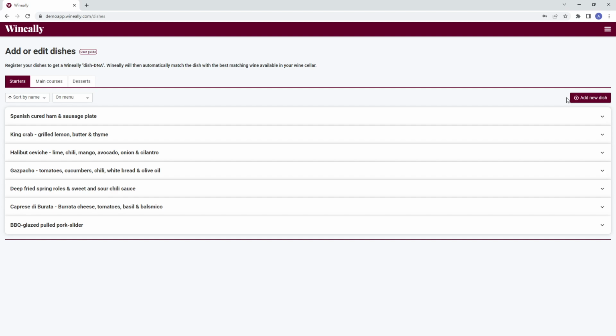This can create a lucrative new sales channel for you, and the greater the range of dishes you have available in Wineally, the more sales opportunities you are creating via app users. Note that if you have no dishes registered in Wineally, then app users will not be able to match food with your wines. The dishes that you add here will be used for wine matching within the Wine Matcher section